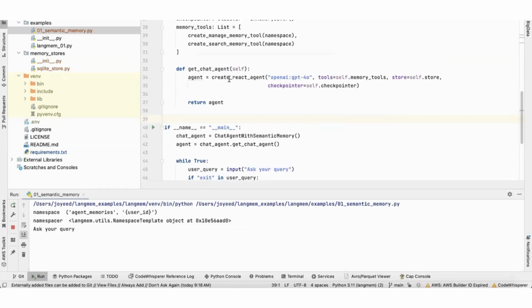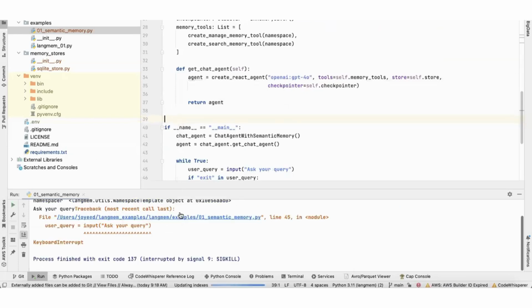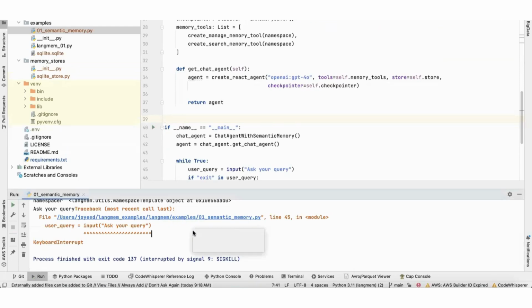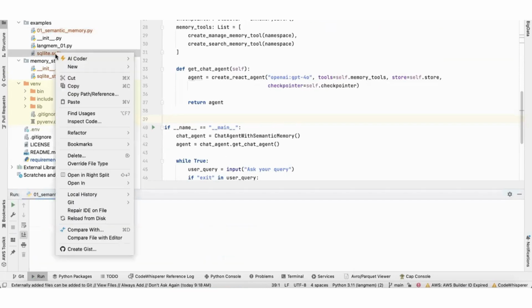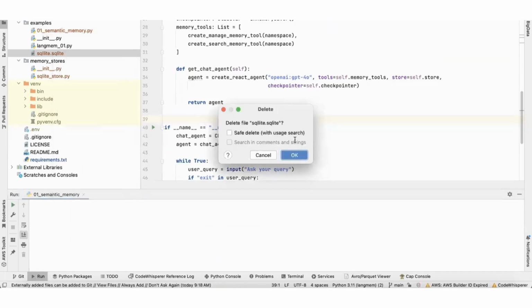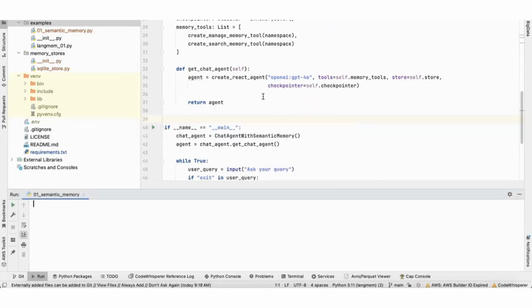Okay, so yeah, let me stop and run it again. Oops, it became very slow. Okay, let me delete the memory file. I'll recreate the memory file. So let me